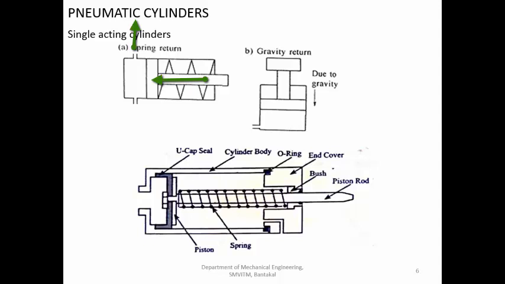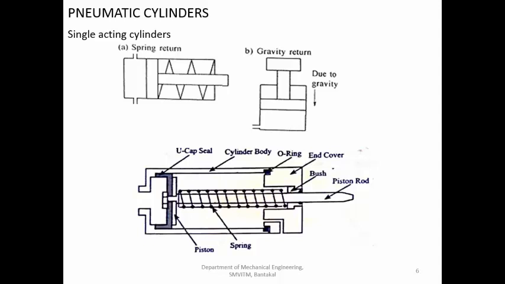When the piston is pushed backward by the spring, the oil is forced out of this particular port and the piston is retracting. Again, if you want the forward motion, you supply the oil or compressed air here, and the piston moves forward. So in one direction only, you are applying the hydraulic or pneumatic fluid to generate the motion. In the other direction, it comes by means of the spring. So if you have a spring to return the piston, that is called a spring return single acting cylinder.